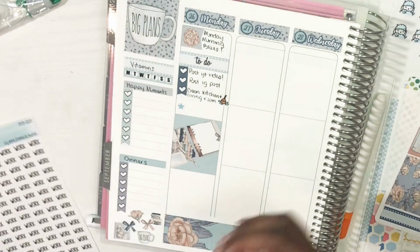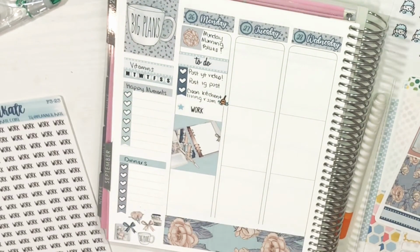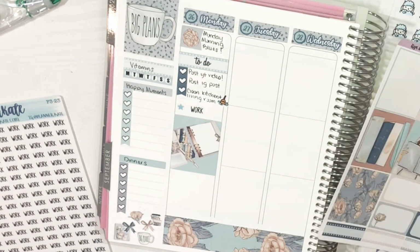It was a good kit for the price, but for me not knowing what I was getting into, it probably wasn't the first one that I should have picked to use. But I did. But that's neither here nor there. I did go ahead and mark work with the star, and now